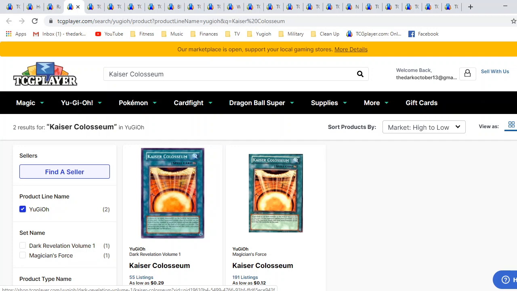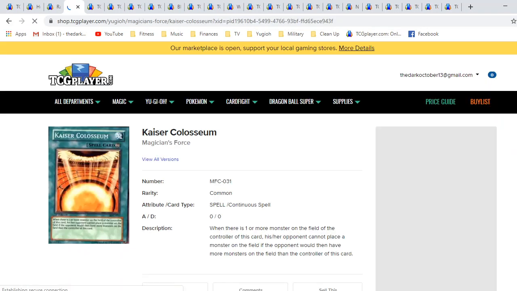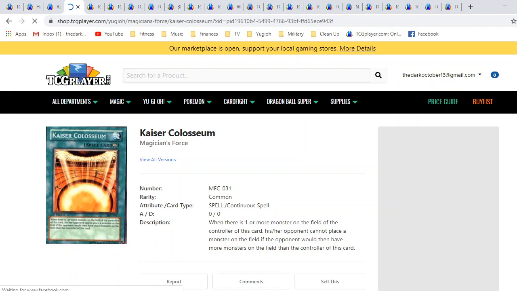Next card is going to be Kaiser Coliseum. This is currently a banned card. This is on the forbidden list. It got banned, I want to say, quite a long time ago, a couple years ago. Original print would be my personal preference. Again, I'm not a big fan by any means of any of the Dark Revelation sets, so I would always go particularly for this card for the original OG first edition commons,